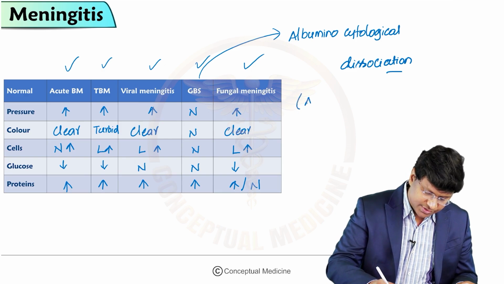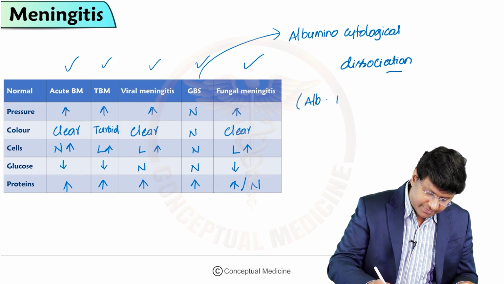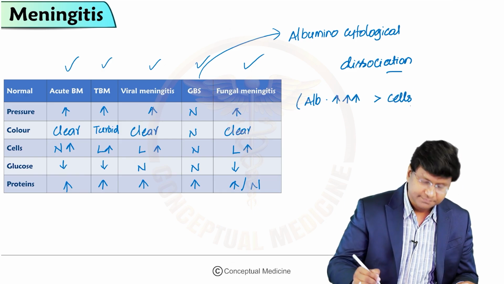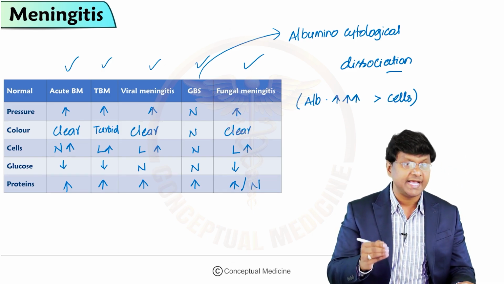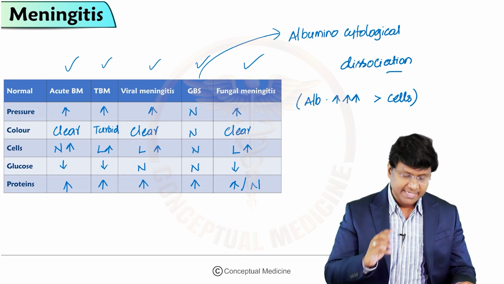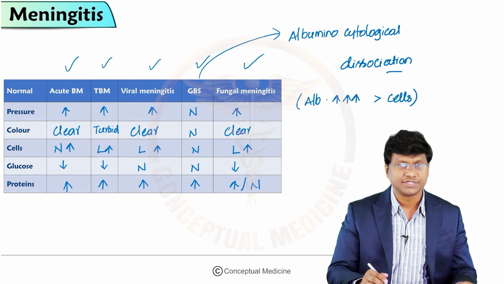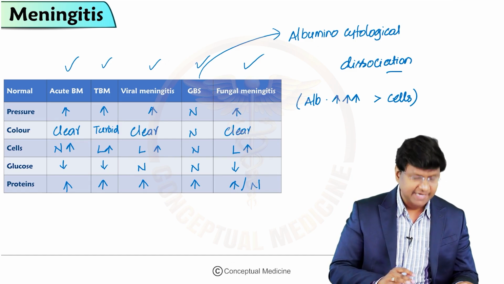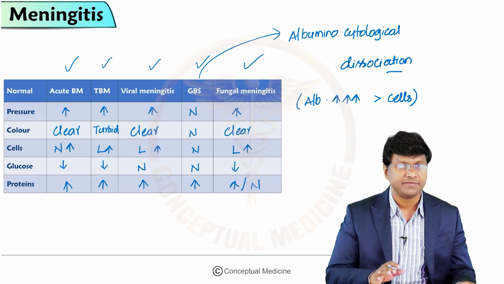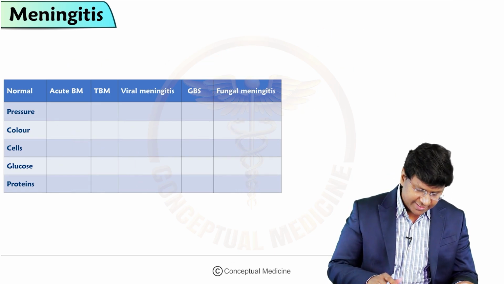Albuminocytological dissociation means the albumin levels will be very high compared to that of cells. Right, and that is called as the albuminocytological dissociation. Now, after having discussed about the CSF picture in various forms of meningitis, now let me discuss about